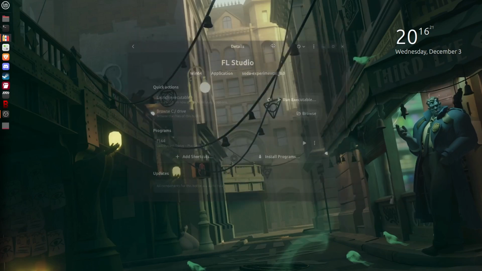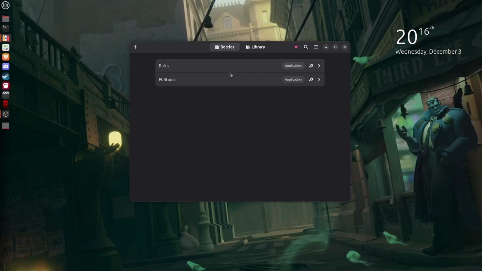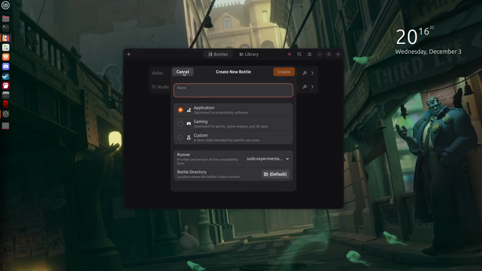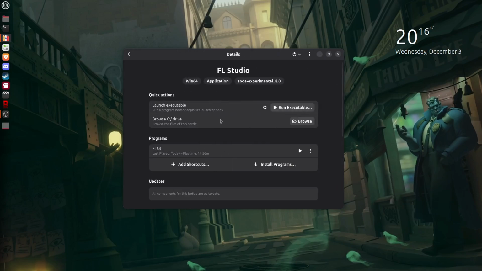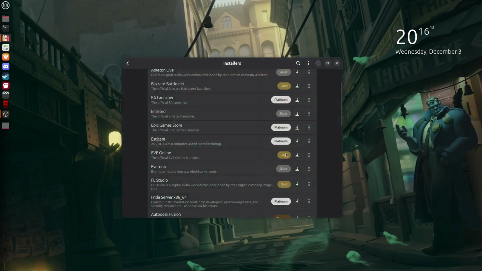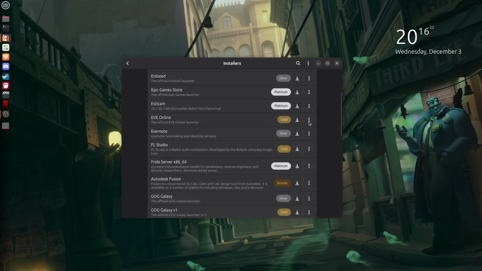You have two ways to install FL Studio. You can either download the executable yourself from the FL Studio website, create a bottle, and then follow the step by step, insert the exe and do the installation file. Or you can use their download link for FL Studio on Bottles, if you want. These gold, platinum, bronze, silver ratings